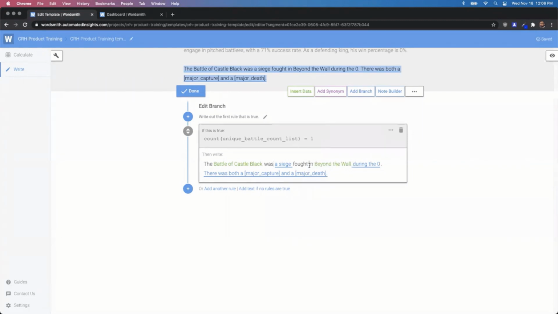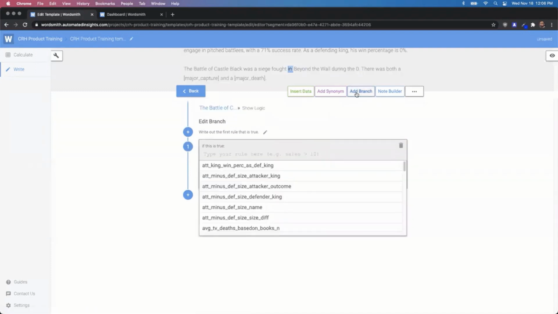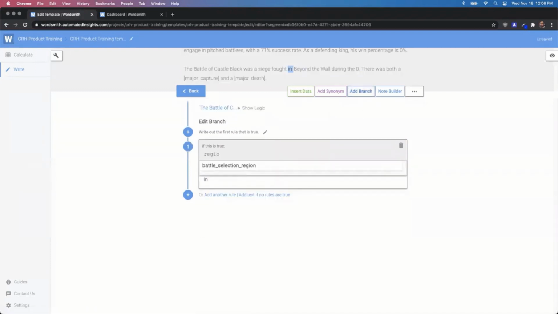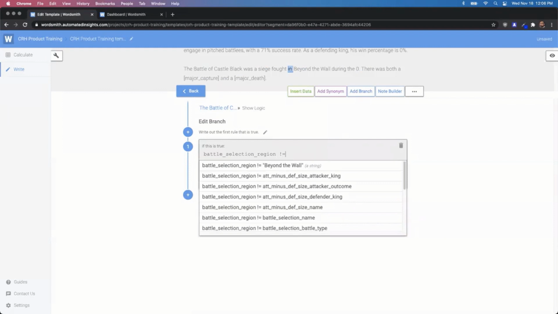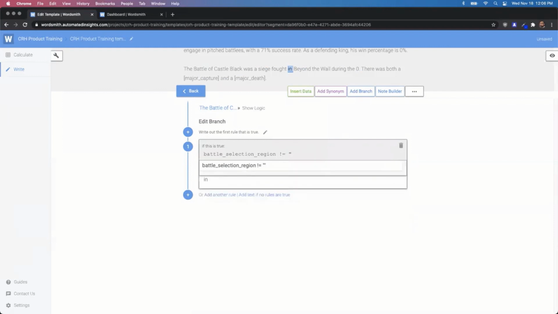So I'm going to grab the word in my branch. I'm also going to pick up this blank space after it so that if it doesn't get written, this will scoot over. There's only one space in between fought and the value. And I'm going to add another branch here. I'm going to say, let's take a look at that battle selection region. And let's make sure that it does not equal